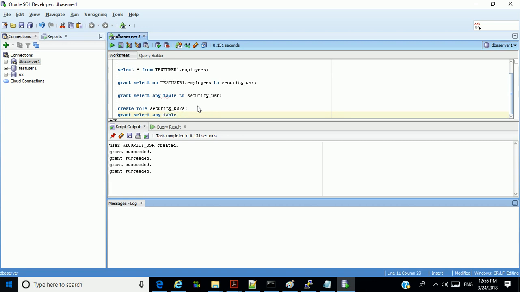Grant select any sequence. Grant, sorry, create any table to